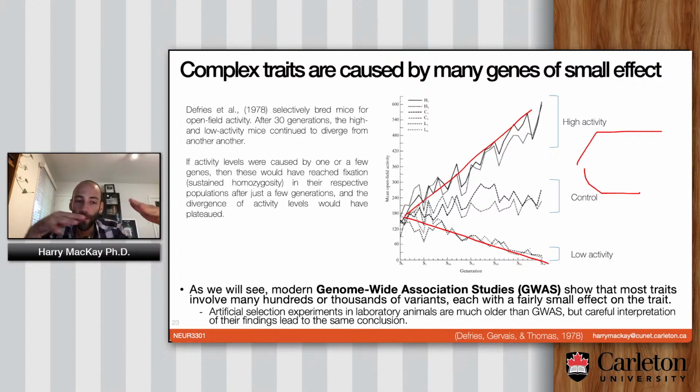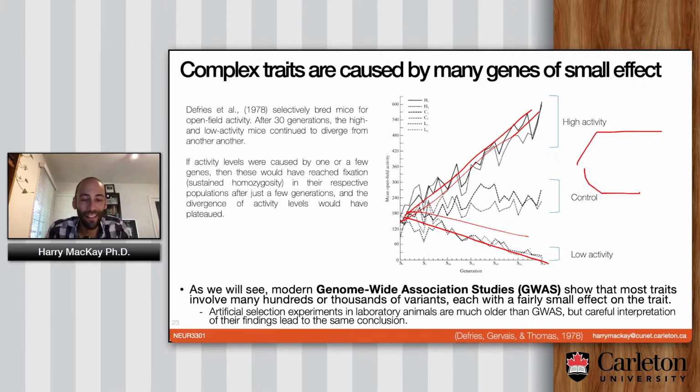If it's a lot of different variants, each of them adding a small piece to the puzzle, then it takes much, much longer for them to all reach fixation in the population. Because, you might get some mice that have this, this, and this, but they're missing that and the other thing. And it just takes a long time for them to all accumulate. So that would be consistent with the idea that even after 30 generations, the performance is still changing. It hasn't plateaued. You haven't found all the genes and isolated them into one population to create a high level of homozygosity for those genes.